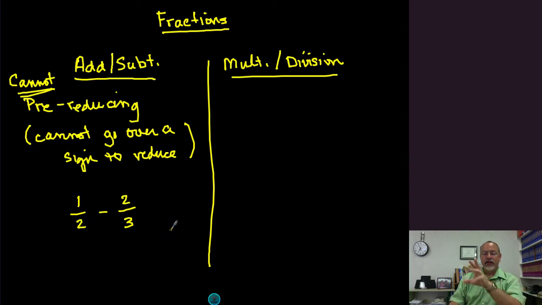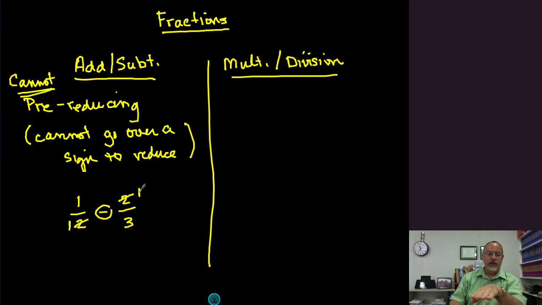What you're actually doing when you're reducing is you're dividing both of these by the same number. Now remember, we can't do this. I'm just showing this to show you what actually happens. So if I were to divide both of these by 2, what I'm actually doing is dividing that by 2. 2 divided by 2 is a 1. I should write a 1 there because that 2 has been reduced to a 1. It hasn't been canceled or removed. It's been reduced to a 1.